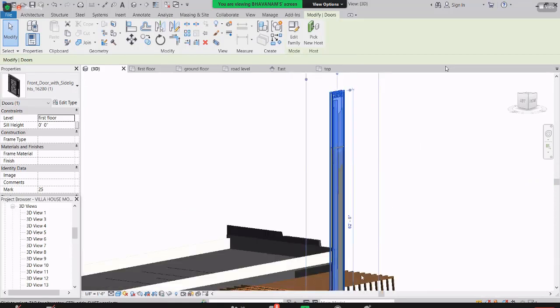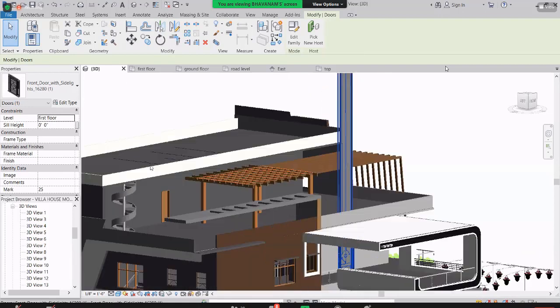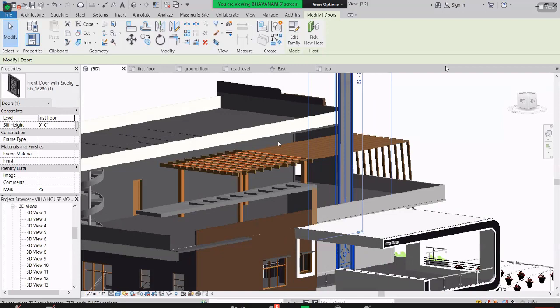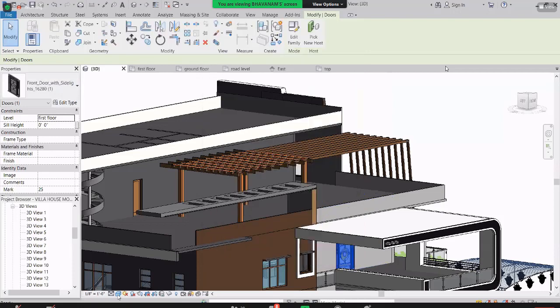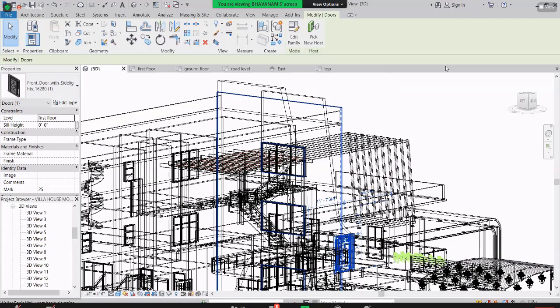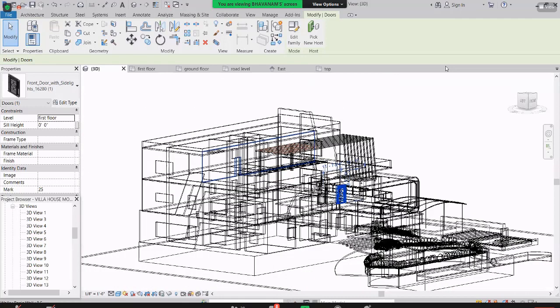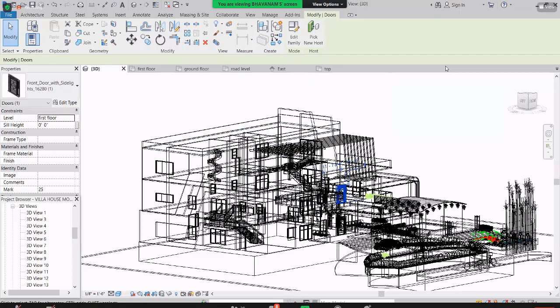I hope you understand how I changed this with two clicks. Just go to edit type and you can change it to 7. For understanding only I made it 70. Otherwise, let me show you how it will work. Every time it is going to render, because we made it in a realistic view. If you make it a wireframe, you can see all things here. And if you give it as hidden line, you can see it looks like this.